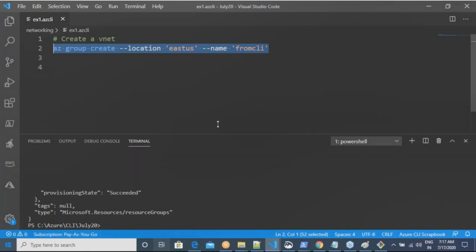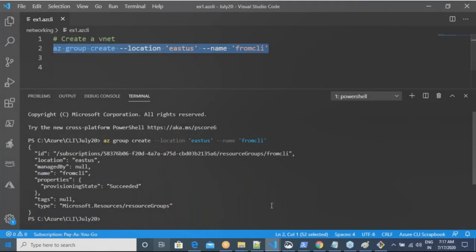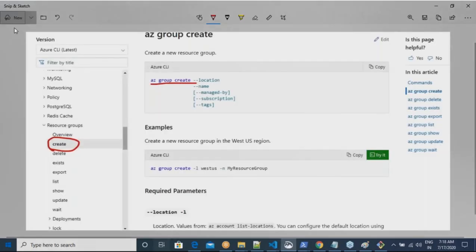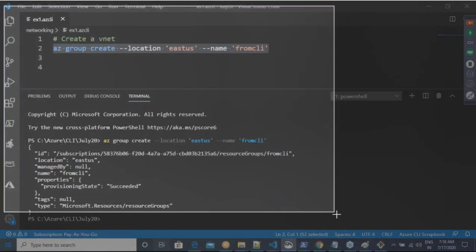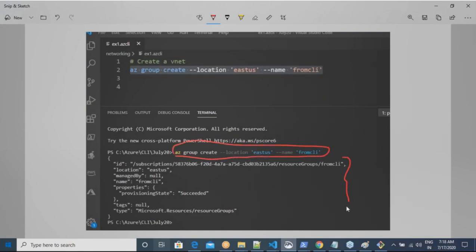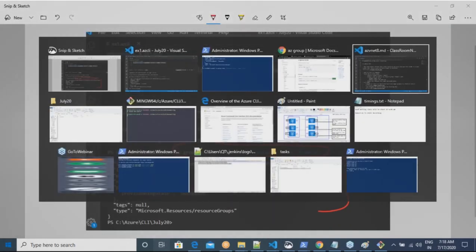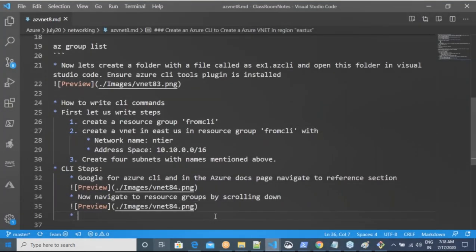So what is happening? It is trying to tell that, okay, you have executed this and this is my result. Okay, you really need not have any other editor. So you have executed this and you get the results over here. Write your Azure CLI commands in Visual Studio Code.